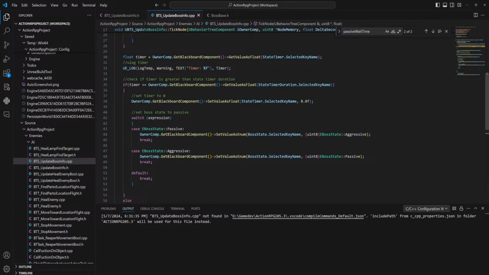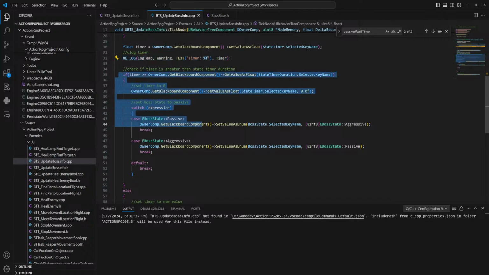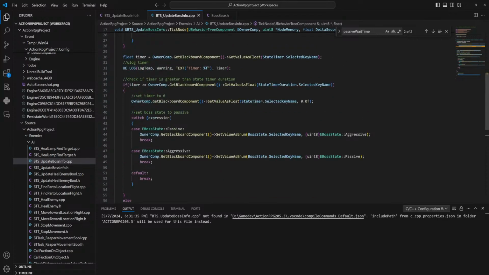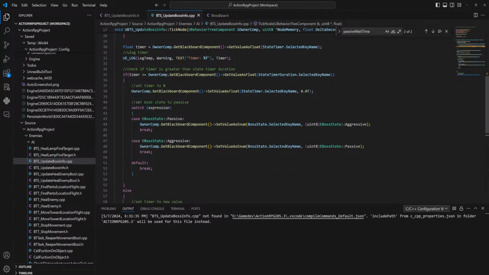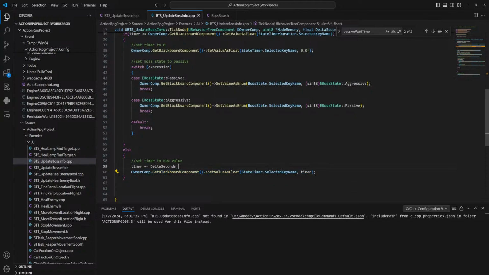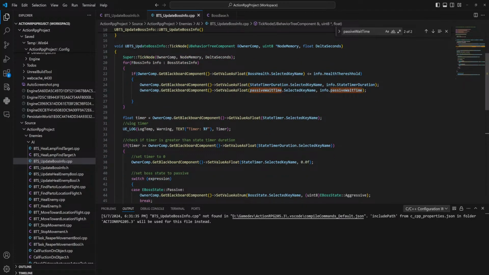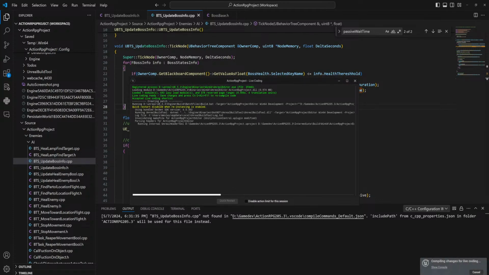So we get the current time, then we log it just for testing purposes, then we do all this, then we add to the timer and set it to its new value on the blackboard, and then the next time it comes through, it'll have its new value. So we're technically like 1 tick behind, and 1 tick is going to be like half a second here, so that is going to be noticeable. But I think that shouldn't be a big problem, maybe. Hopefully that won't be a big problem. We'll find out in a moment.